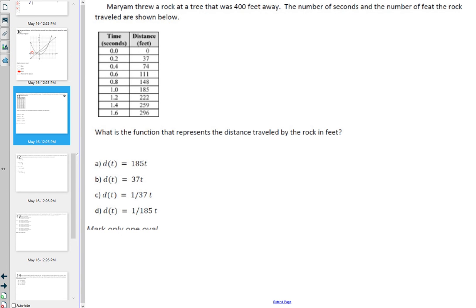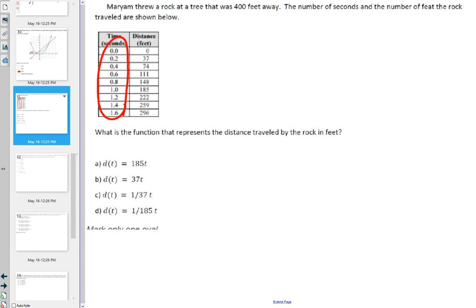Miriam threw a rock at a tree that was 400 feet away. The number of seconds and the number of feet that the rock traveled are shown below. What is the function that represents the distance that the rock traveled in feet? All of these are linear, because this is just multiplying times t. So linear means that there should be a common difference. In order to be a common difference, these have to be going up by the same amount, which they are. And it looks like the common difference is 37, but the thing is,